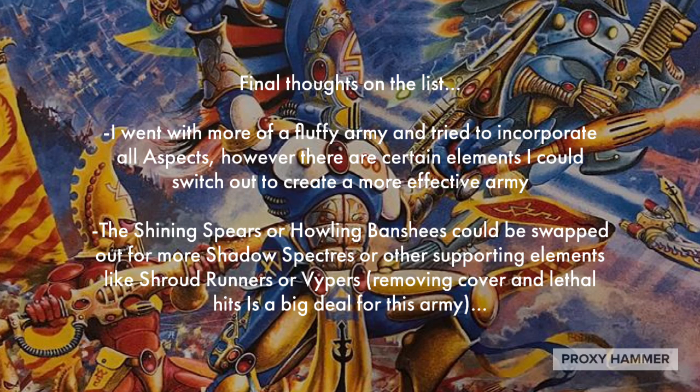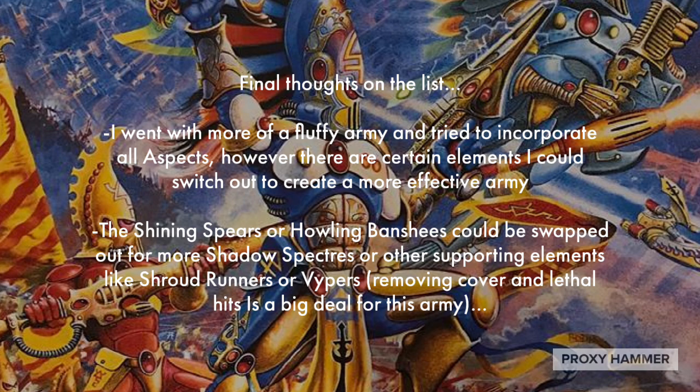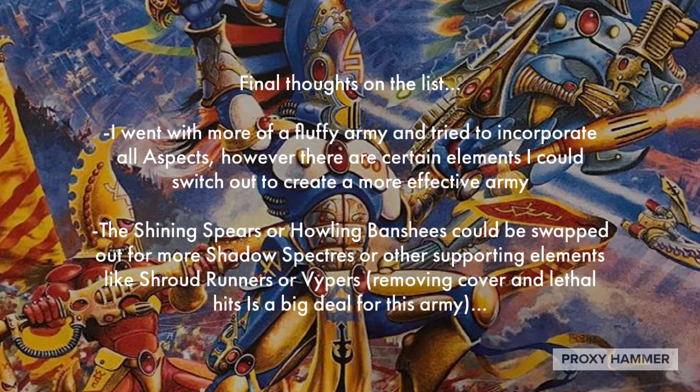I know that kind of breaks the all Aspect Warrior army thing, but Shroud Runners are great with a lot of Aspect Warriors. They synergize extremely well with both Shadow Specters and Dark Reapers. And they also give you a little bit of precision, so you can kill those 3 wound supporting characters in enemy units. And yeah, that's not a great chance of being able to kill a character, but they hit pretty